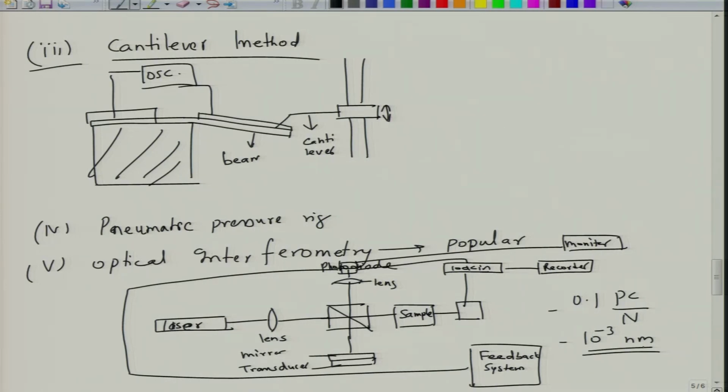So a very accurate method. On the other hand, if you look at the cantilever method, it can measure up to about 0.6 coulombs per meter square resolution. It has pretty high sensitivity, 0.6 coulombs per meter square is pretty high sensitivity. You can convert this into microcoulombs per centimeter square, and that tells you that this is quite sensitive method, and it's also direct, so it's very